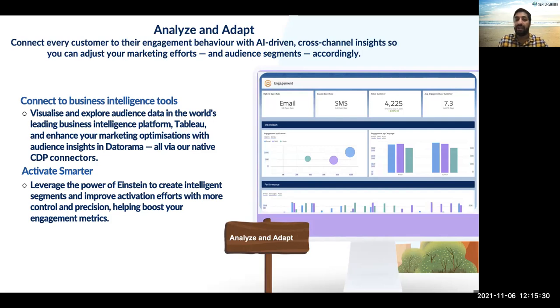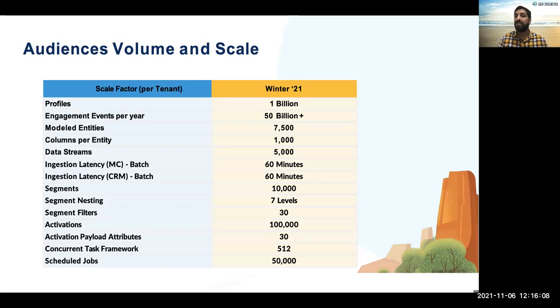CDP systems, right? And then activate smarter, so there are pure Einstein capabilities available for intelligent segmentation and activation. That's what we're talking about, and you can use that for control and precision, helping you boost engagement metrics. That's where this is really a solid tool from what I see so far. CDP gives a lot of experience and resolves a lot of challenges for digitally imperative teams, and the marketers are really happy. They see the good quality of data that they could target for the right audience via CDP, and bring high addition to them, right?